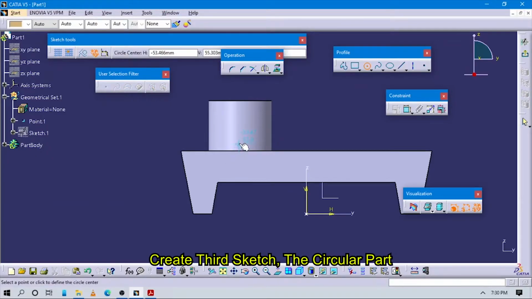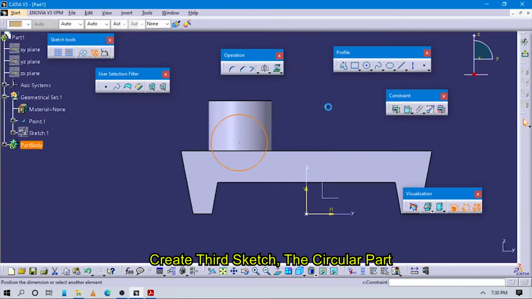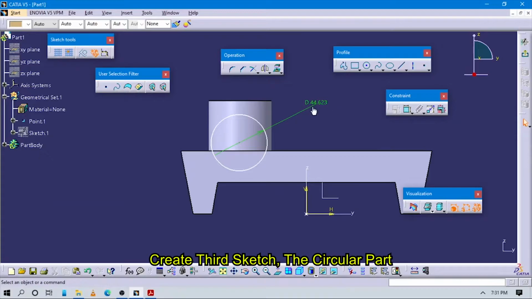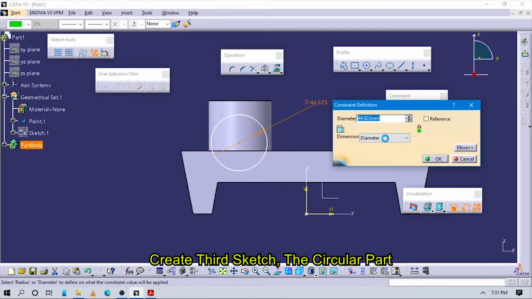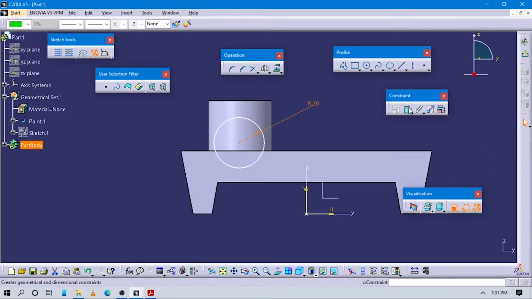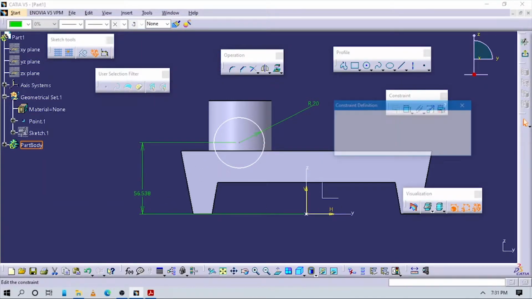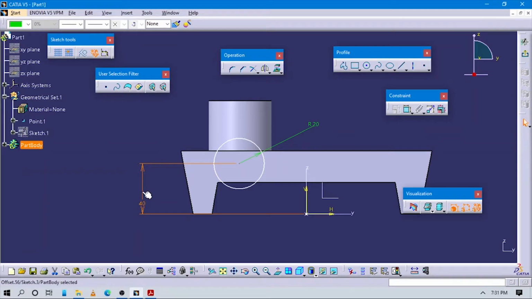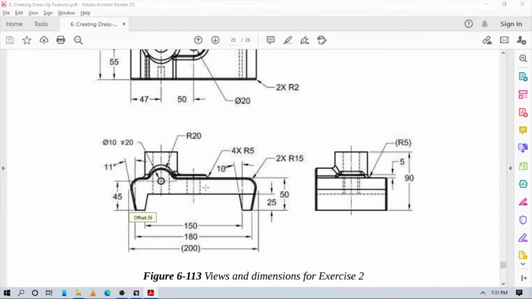Go to create one circle here. Actually the radius value of this is given as 20. So go to here and make changes to the radius. Value of this circle is 20 radius, and from the bottom it is at 40 distance. Sorry, 45 actually. Yes, now